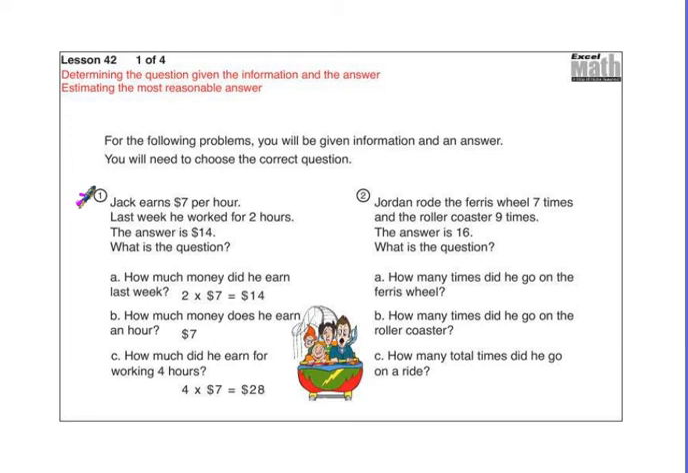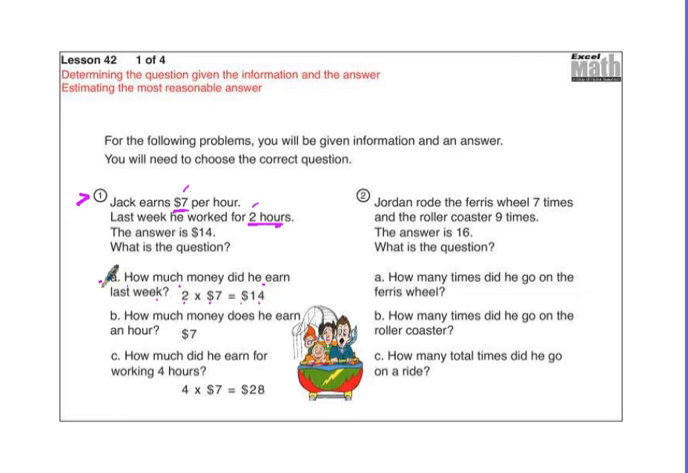Number 1 says Jack earns $7 per hour. Last week he worked for 2 hours. The answer is 14. What is the question? So what we're going to do is go through the different questions and see which one would produce the answer of 14. Notice we have the numbers 7 and 2. Okay, how much money did he earn last week? Well, if he worked for 2 hours last week at $7 for each of those hours, 7 times 2 is